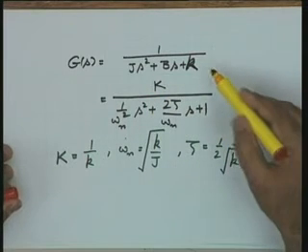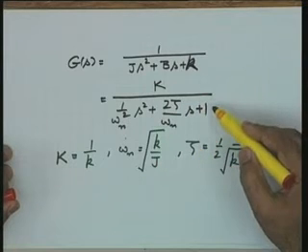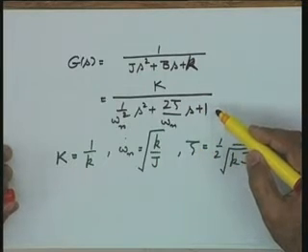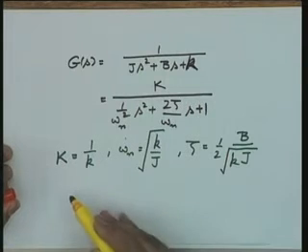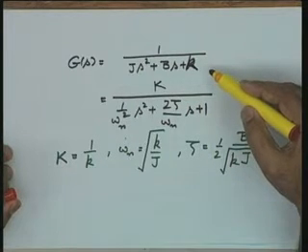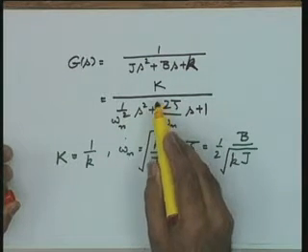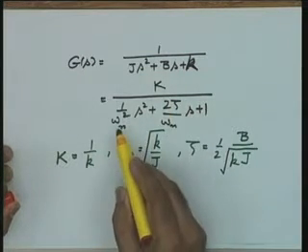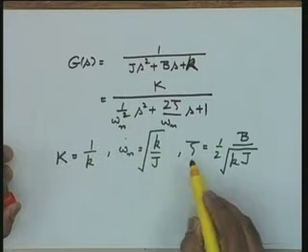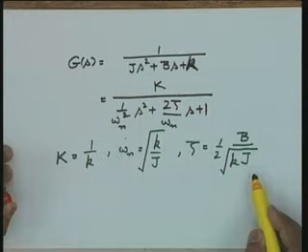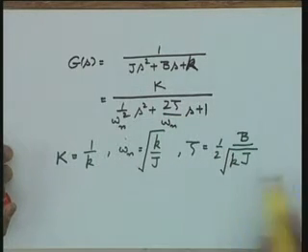So, it means this particular expression can be written in this form now, and this is a second order standard model with these as the parameters. Specifically, in terms of the parameters of the system under consideration, the values of K, the system gain, the value of omega n, the undamped natural frequency, and the value of zeta, the damping ratio, can easily be obtained as given over here. You can easily check this. Okay? These are the three parameters.